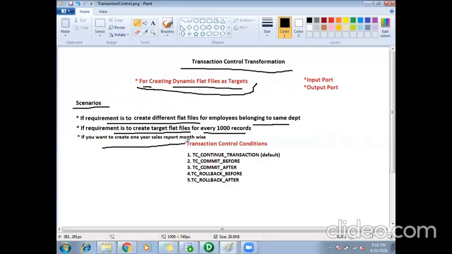In all these scenarios, when I create a mapping, I'll still be creating one target only, but using the transaction control feature, dynamically we will increase the target files. And this will be used in your projects also. It is quite common that you might get such scenarios where you are not sure how many target files you have to create.